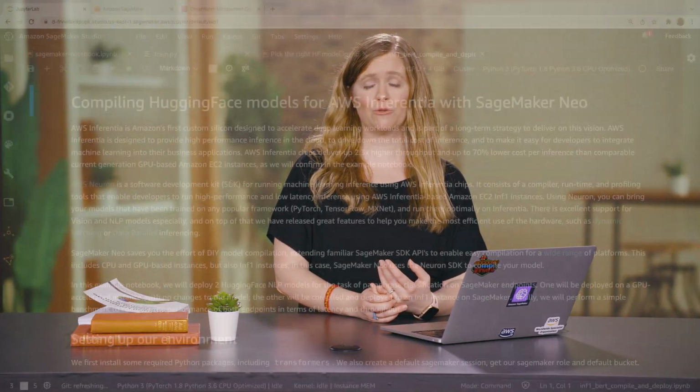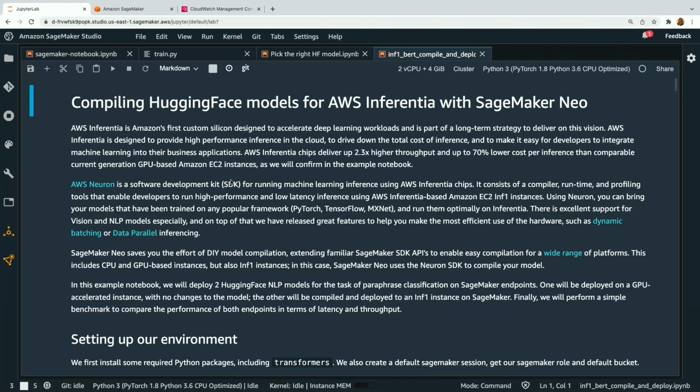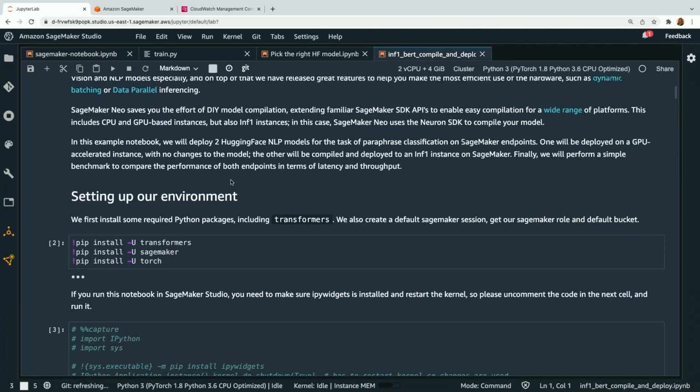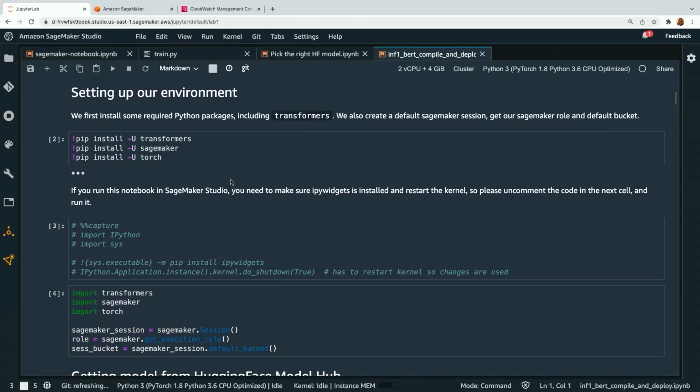All right. So in this demo, I'm going to compile my Hugging Face model for Inferentia using SageMaker Neo. So remember, Neo is the compilation service within SageMaker that's specific to hosting. So for supported models in Neo and supported operators, you can take your model and basically compile it to make it smaller, to run more effectively on on-premises hardware, on the edge, in the cloud, and on SageMaker. So let's see how we're going to do this with Hugging Face.